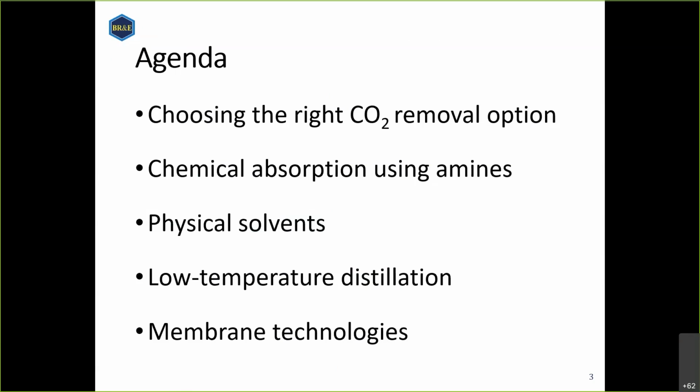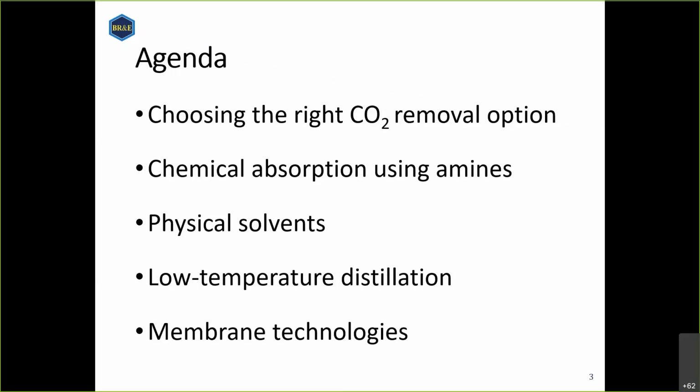Specifically, we're going to discuss using amines today, and even more specifically, we're going to talk about using an MDEA piperazine blend. You'll sometimes hear that referred to as activated MDEA. So we're going to show you how that works. And then we're going to show you how to simulate carbon capture with physical solvents as well. That'll probably take up the bulk of what we talk about today, but then we'll also touch briefly